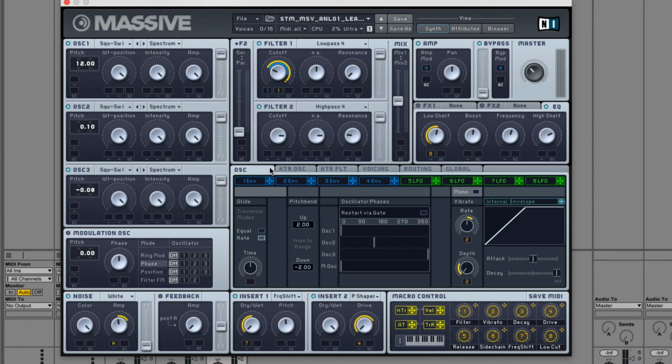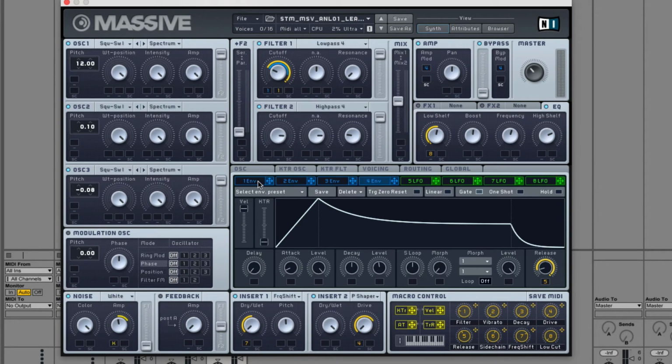Vibrato. 2 controls vibrato. 3 controls the decay of the low pass envelope. 4 controls the drive on the pitch shaper. 5 controls the release on the volume envelope. 6 controls the side chaining on